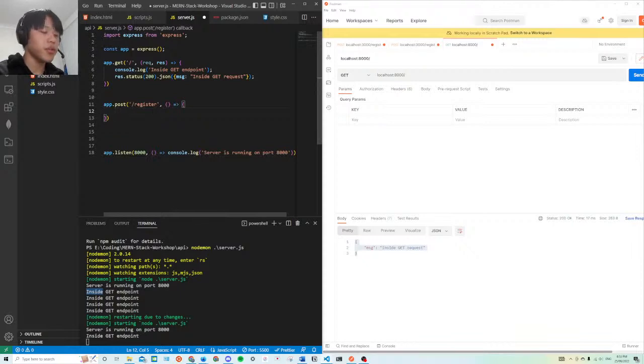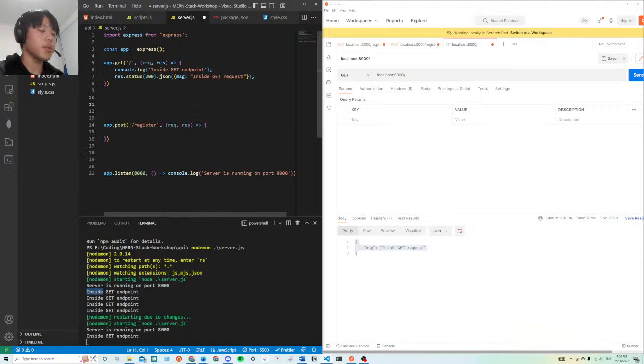So what are we going to do with this register? We're going to take user data and we're going to save it into our database, right? Let's start off by just console logging all the data that we get. So the first two arguments, we need request and response, and we're going to use a